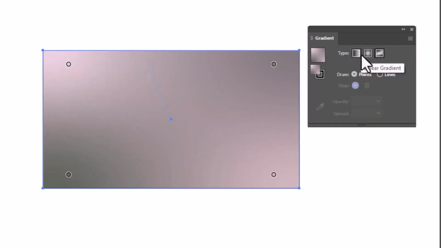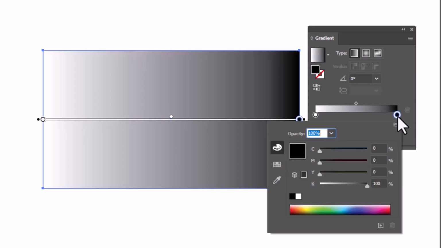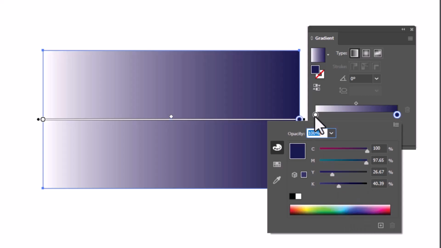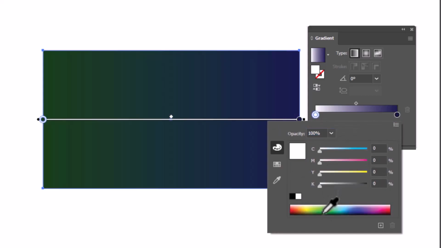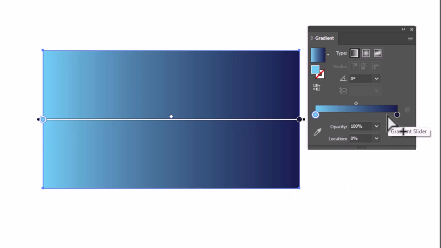Step 4. Adjust the gradient colors by clicking on the color stops located below the gradient slider, and change colors using the color picker. This step helps you fine-tune the look and control how strong or soft the color transition appears. Step 5. Use the gradient tool from the toolbar to drag across the object and control the direction and